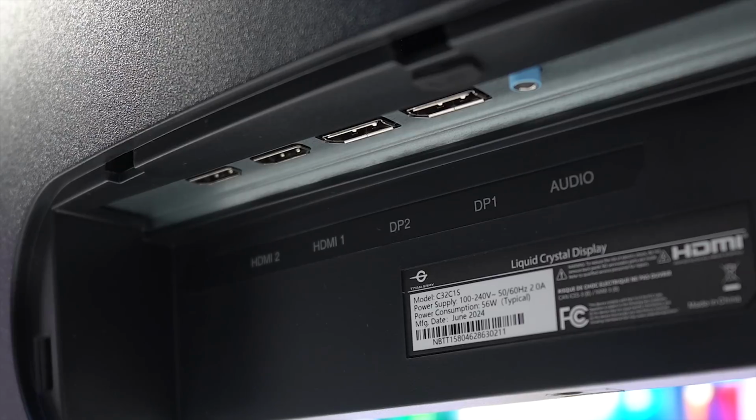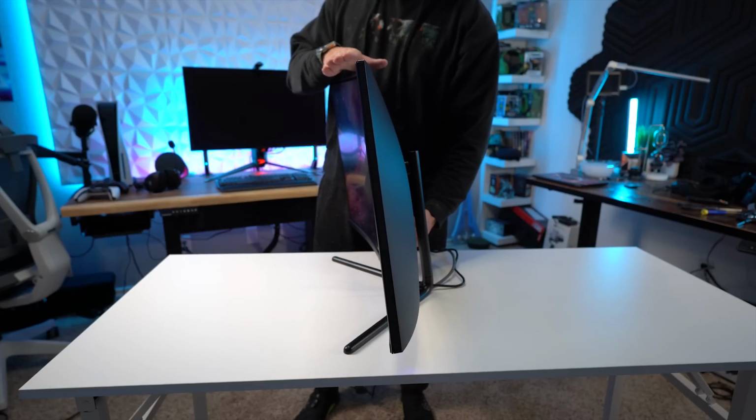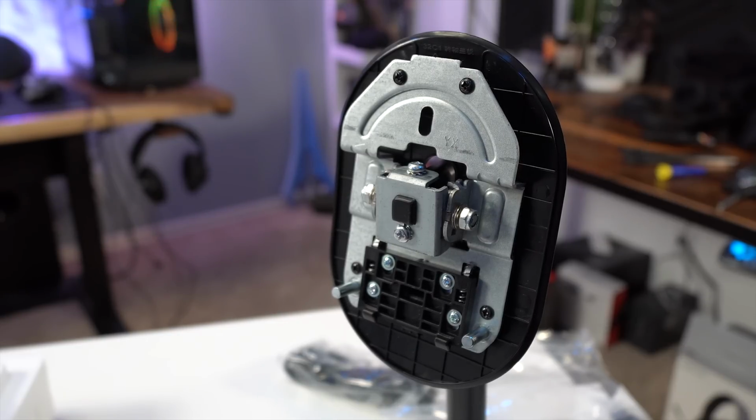For ports, this has two HDMI 2.1, two DP 1.4, and an audio jack. For mechanical adjustments, this can tilt 5 degrees forwards and 15 degrees backwards, but that's it. This does have a 75mm by 75mm pattern if you wanted to mount this on a monitor arm though, which